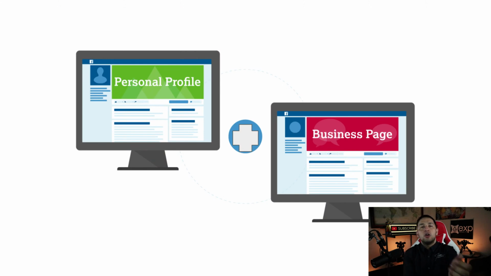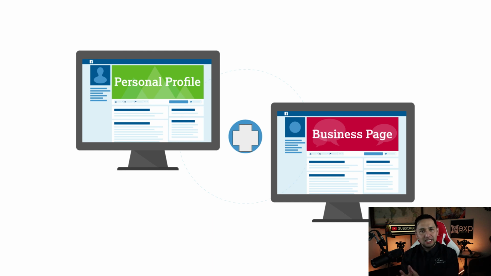Whenever somebody says Facebook ads, or whenever you have the inkling of running Facebook ads, understand this very simple structure. This is the first place that you need to go. You need to have a personal profile, a personal page that is created by you. Most of you have already created one since 2005, 2006, when Facebook really started catching on. You have those profiles. So once you have your personal profile, you need to create a business page.